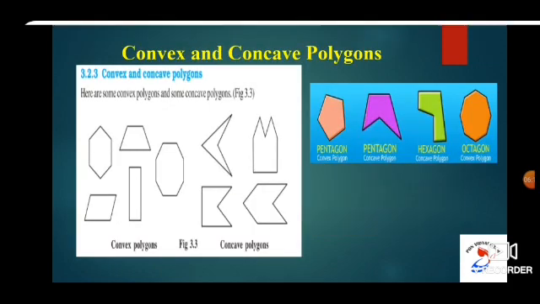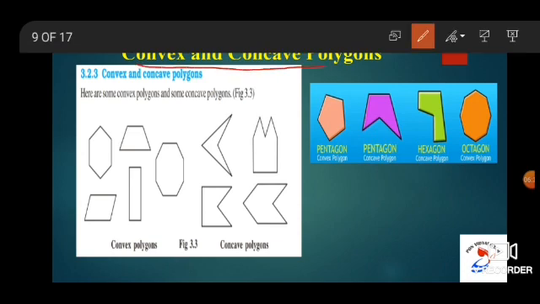Now we will see what convex and concave polygons are. These are some examples for convex polygons and these are some examples for concave polygons. See the pentagon. You know what a pentagon is now. A pentagon is a five-sided figure, right? In the pentagon also, this figure is an example for a convex polygon. This figure is an example for a concave polygon. In the hexagon also, it is an example of a concave polygon. The figure which I have given here is an octagon. Octagon means an 8-sided figure. That is an example of a convex polygon.